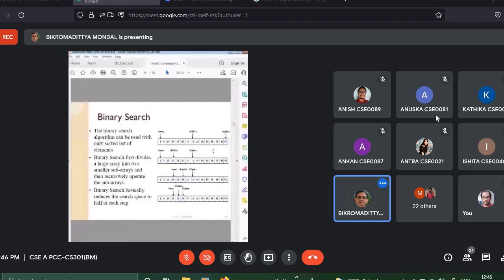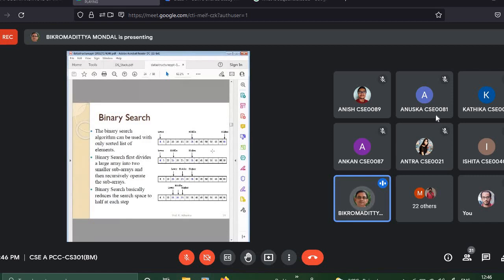And if it is not there, you move towards right or left depending on the value. If the given value x is greater than 35, say here 35 is the middle location, then you move towards right. Otherwise, you move towards left. So you adjust the lower and higher pointer in that manner, and you continue until you either find the value or the higher and lower location will be the same. That means the list is exhausted.